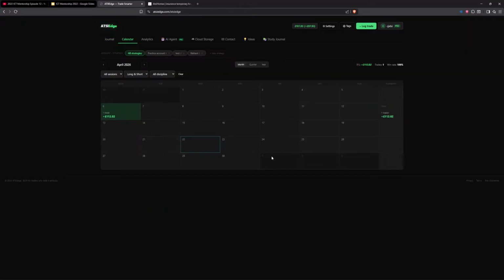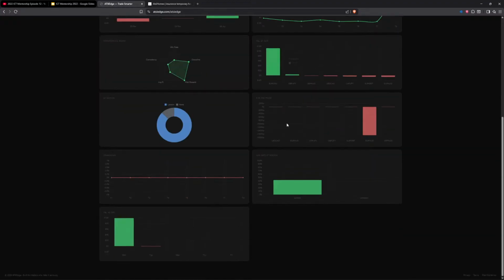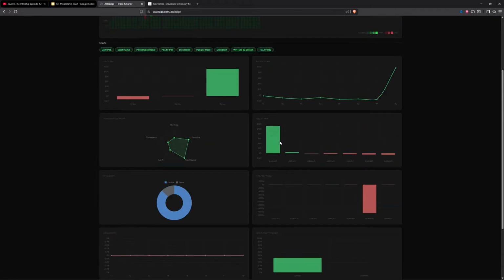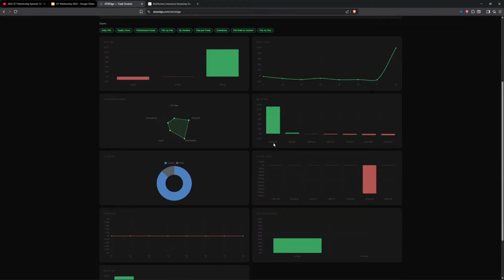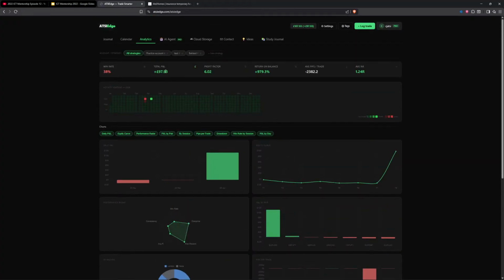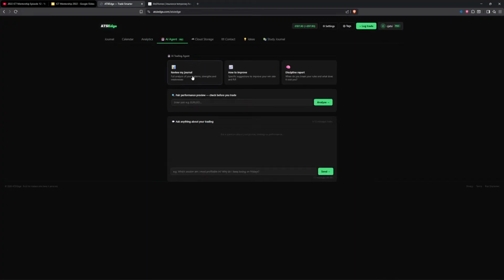Then you have a calendar option, which is a calendar view of the same thing, gives you a summary of the week. You have an analytics section where you have the pairs and all types of analytical graphs. You have a bar chart, you have a radar chart, you have equity curve, daily P&L by pair, by day, by pips, all of these different versions, which will obviously be upgraded over time. For the pro users, you get this AI trading agent, which allows you to click on any of these three things and then also ask you about a specific pair or even a generalized question.